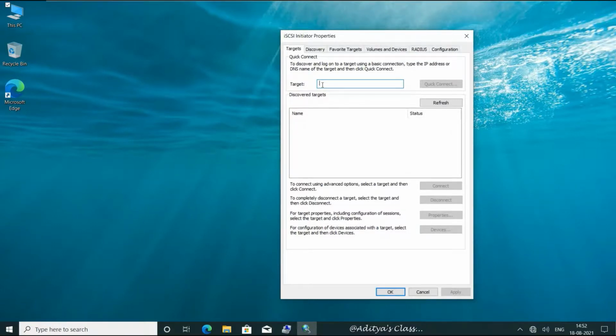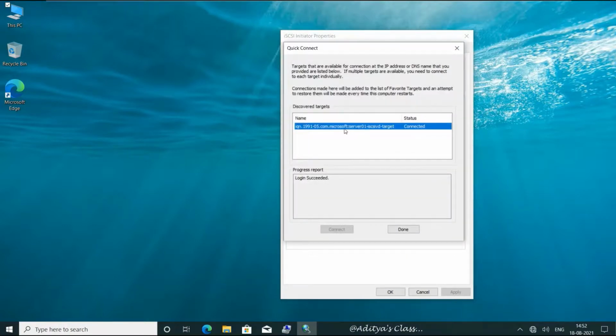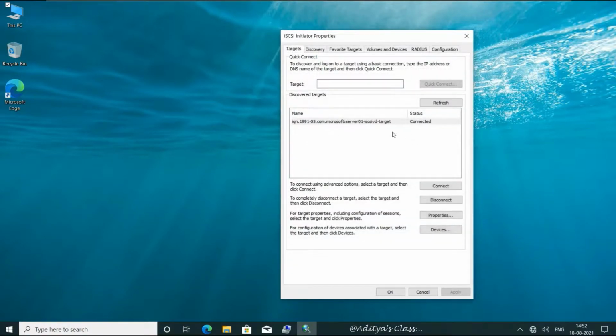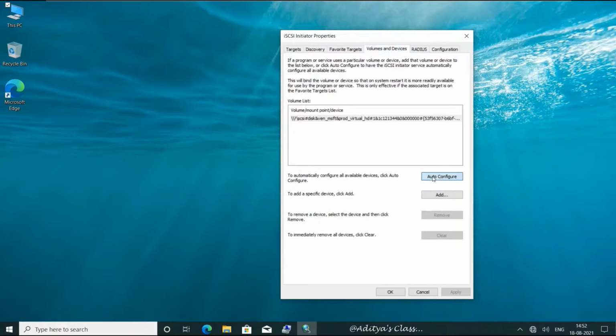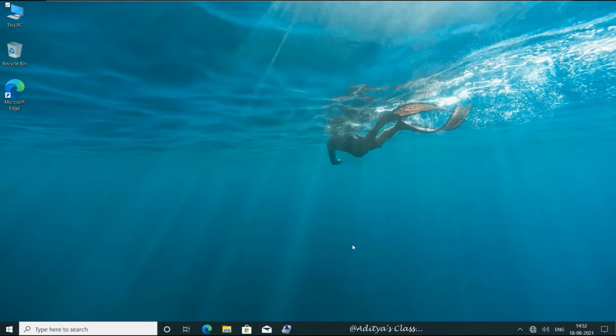Now we know that our server's IP address is 192.168.10.1. Now let's give quick connect. There it is. We can see the discovered target and its IQN. Yes, it is connected. So we'll give close, and we can also go for volumes and devices and then click auto configure. Now click OK.